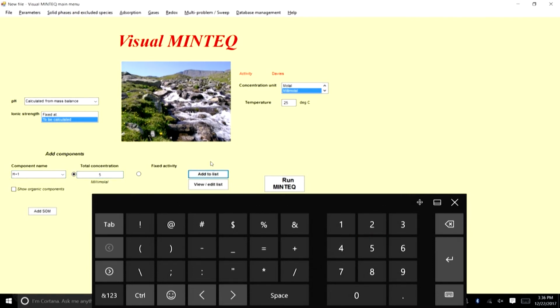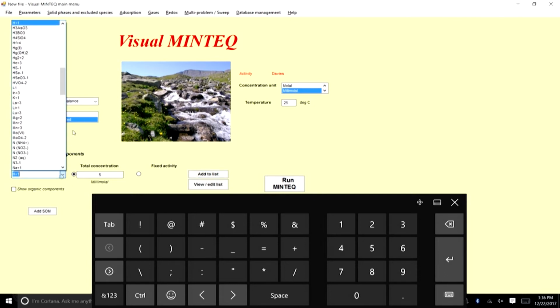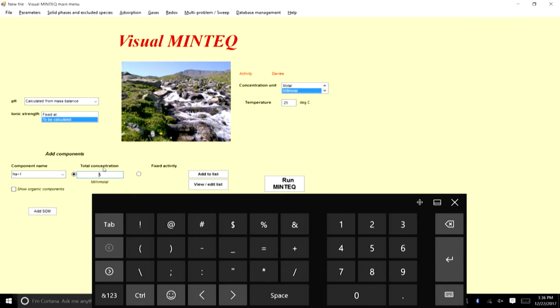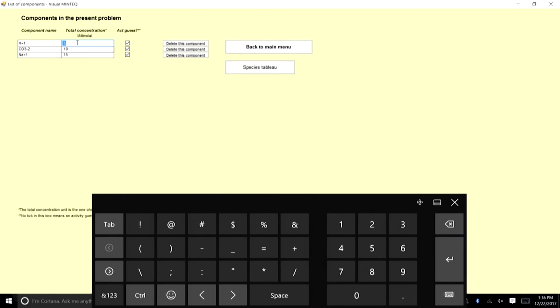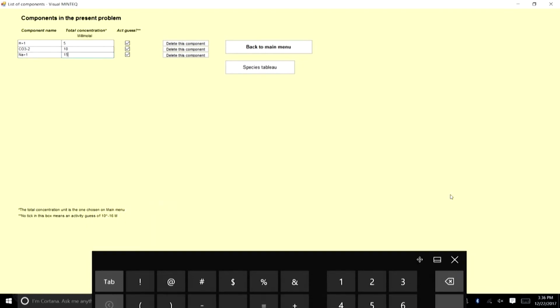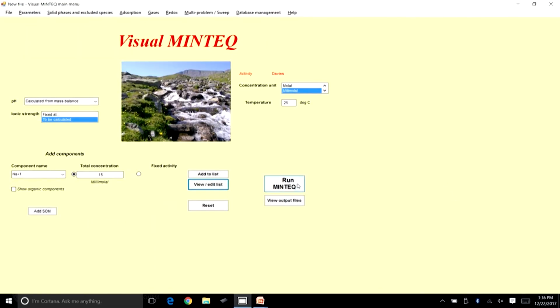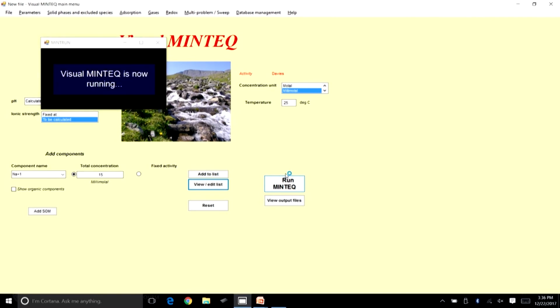So that is going to be 5 millimolar, and we have sodium, and that we said was going to be equal to 15 millimolar, and that is going to be added to the list. So let me check or confirm that all the three are the relevant concentrations that we want. So the three components were H at 5 millimolar, CO3 at 10 and Na total at 15, right. So we are on the right track, and I am going to go back to main menu and run VMINTEQ,